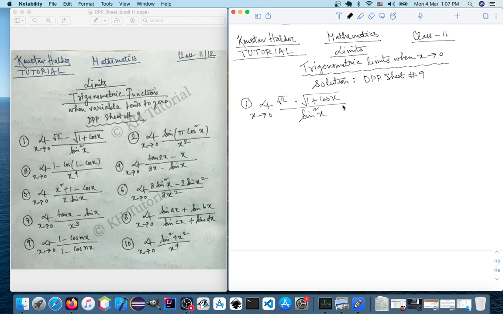So we have irrational terms in the numerator, and the very obvious first step is to rationalize the numerator so that we get rid of the square root terms. So if we do that,